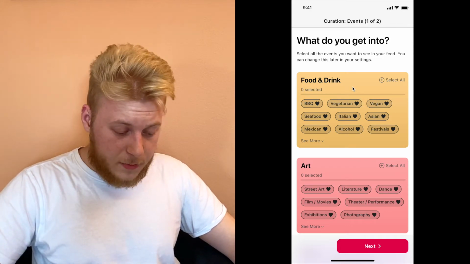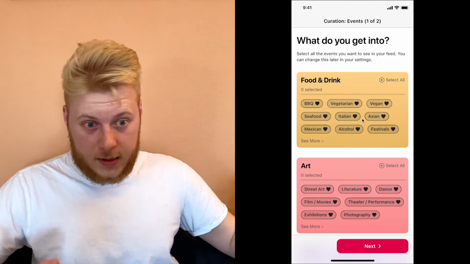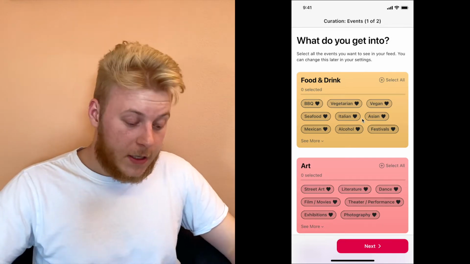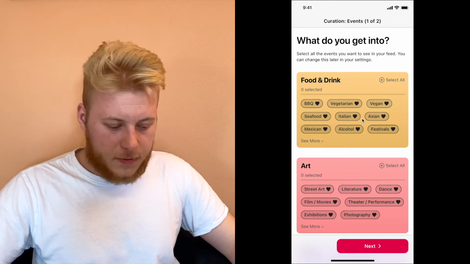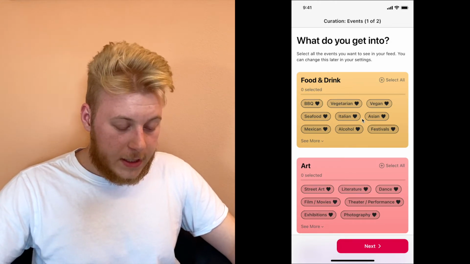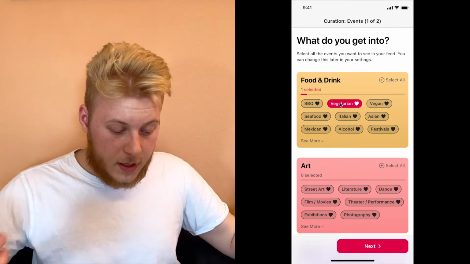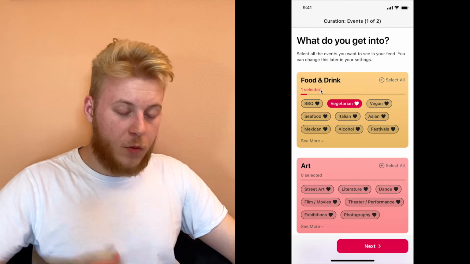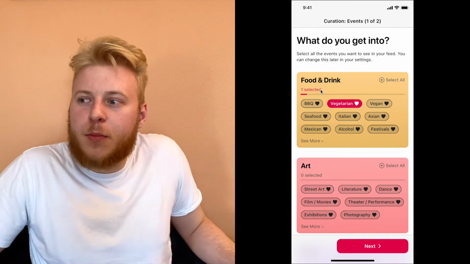This actually works in a very basic manner. The user can just go ahead and select any category that they would like to see in their feed. And once they select it, it's saved. And this is actually what it looks like. If I click on vegetarian here, vegetarian is now highlighted, and it's also indicating that I have 1 event subcategory selected, which I think was important because